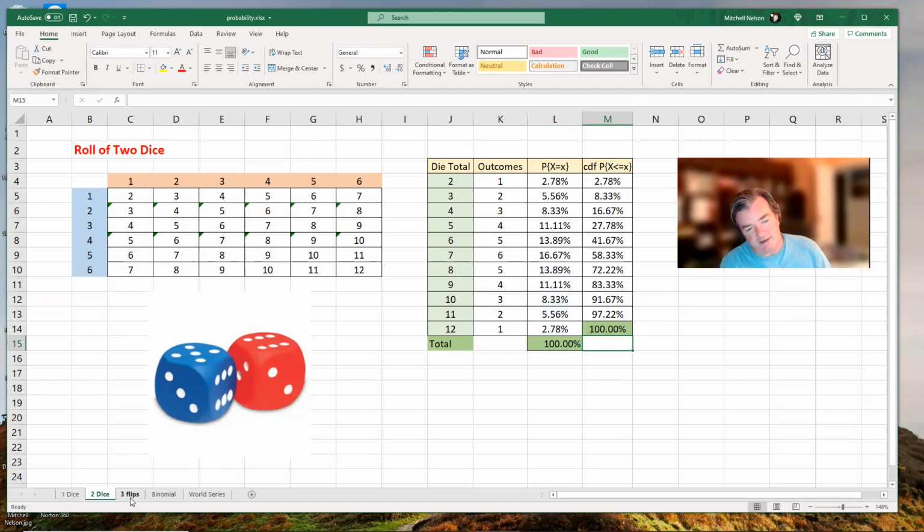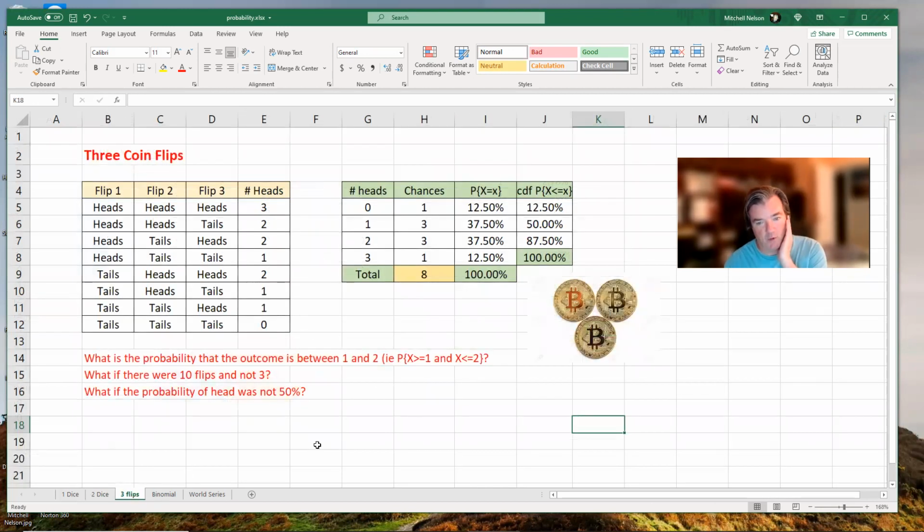Okay, so that's 1 dice, 2 dice. Let's start flipping some coins. So now at this point, we realize there's just different events that we're dealing with. It could be flipping coins, it could be rolling dice, and we're just counting up how many successes we have. Okay, so if we were to flip 3 coins,